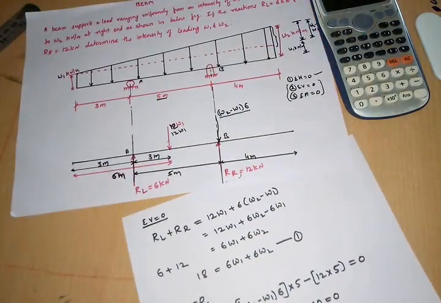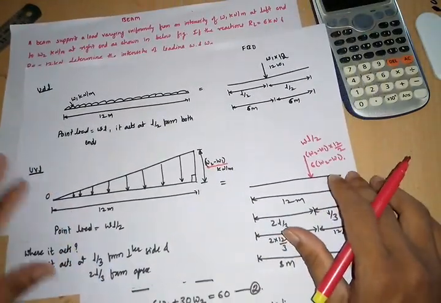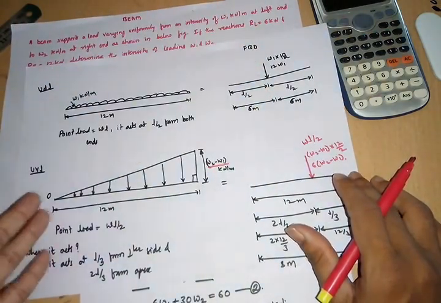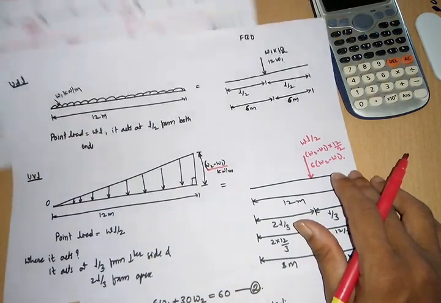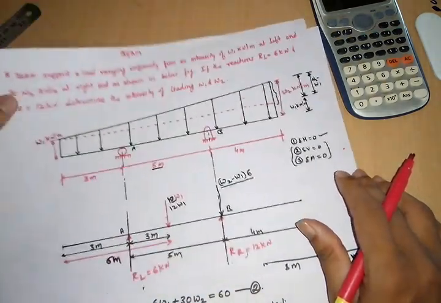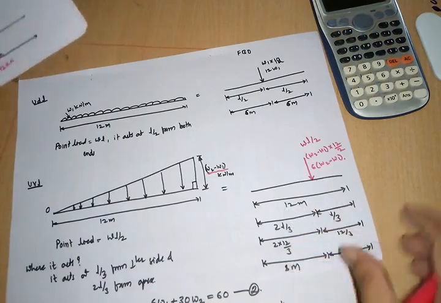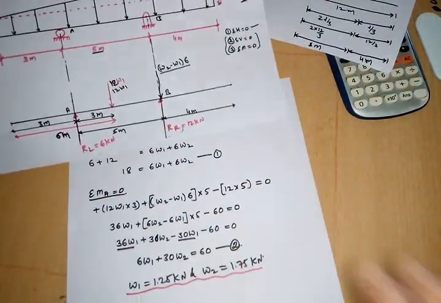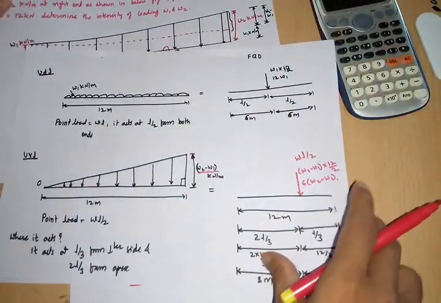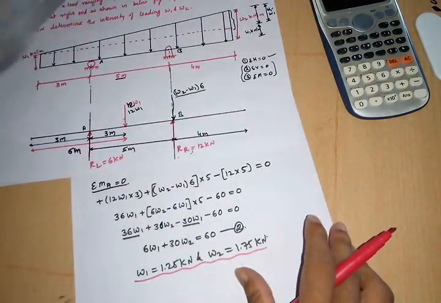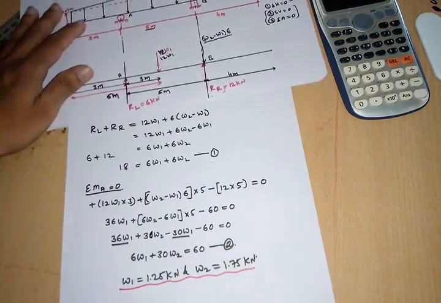Actually the solution of this problem is only one page, but we must have the knowledge of how to convert UDL into a point load and UVL into a point load. Sometimes in the exam, they may give a combination of both UDL and UVL, problems of this type. If it is this type of problem, then we have to solve it in this manner. If you know how to draw this, then it is very easy. There is no need to calculate all these things, this is for the understanding purpose. Directly below this we have to draw the free body diagram, then start the solution.